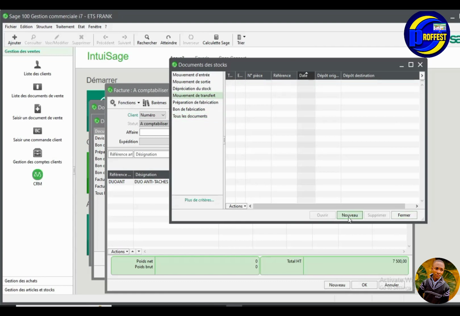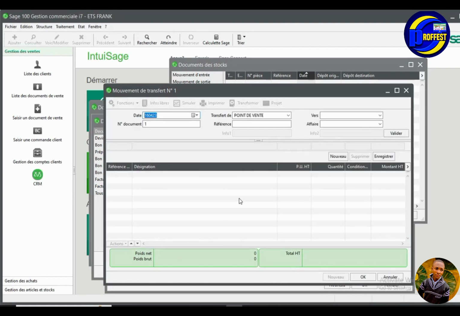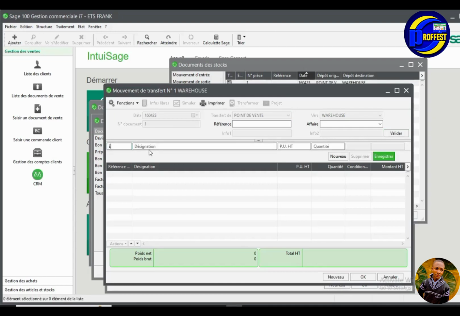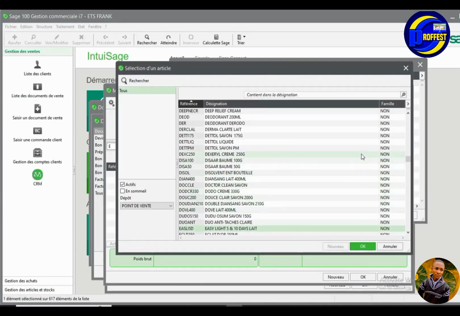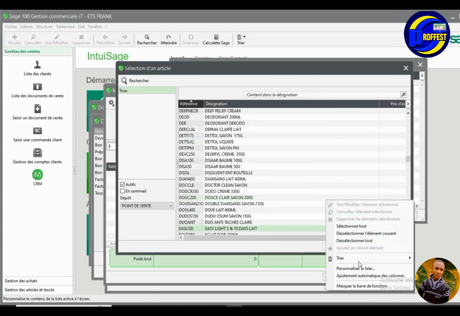So you take nouveau, then you take mouvement de transfert. Mouvement de transfert means that you'll be sending some products from one warehouse to another warehouse. Transfer from, to. So I'm going to say to warehouse, because it's moving from point of sales to warehouse. I take OK, validate. So I start selecting the product I want to transfer. I'm going to personalize this list so that it shows the elements I want to see. Good. So from here